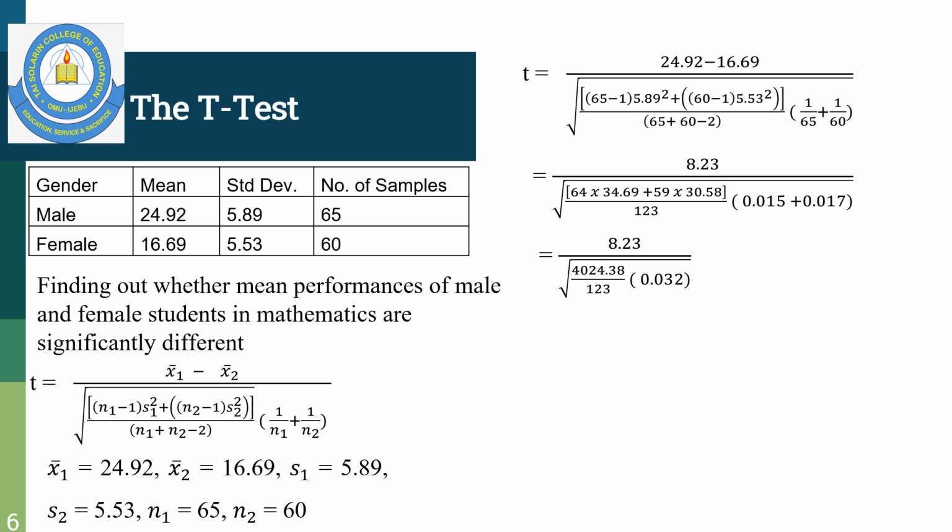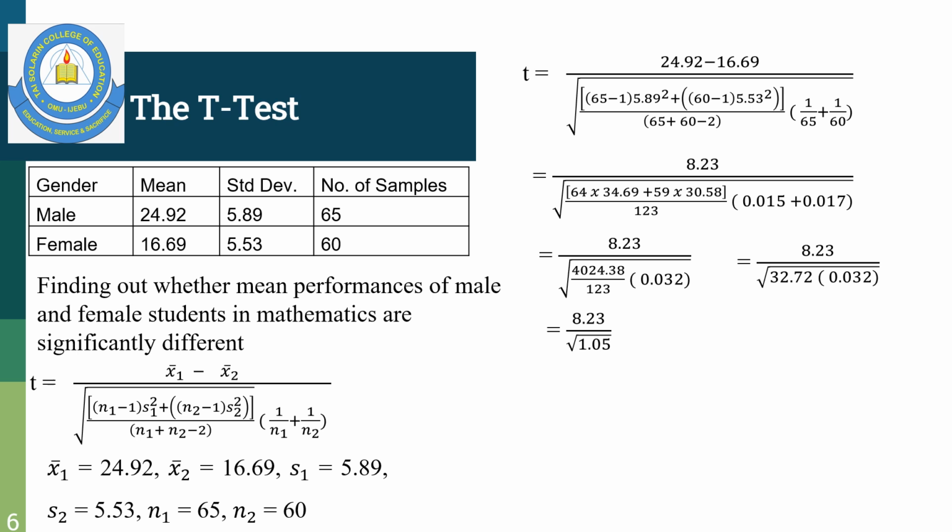If you do that, we are going to get 4024.38, then all over 123. If you add 0.015 plus 0.017, you are going to get 0.032. So if you solve that now, we have 8.23 all over, if you divide 4024.38 by 123, that gives us 32.72, then times 0.032. So if you multiply 32.72 times 0.032, it's going to give us